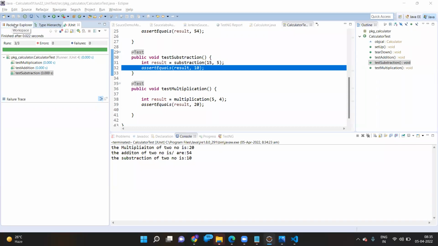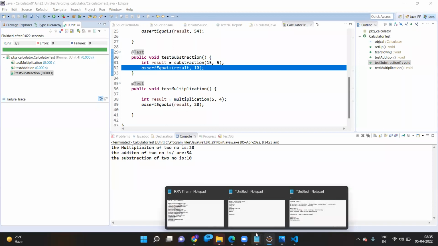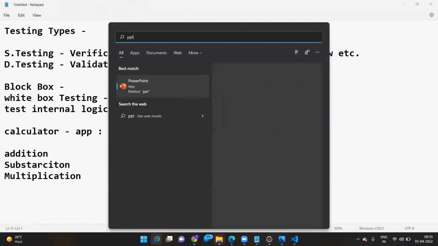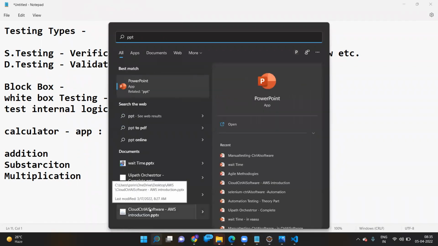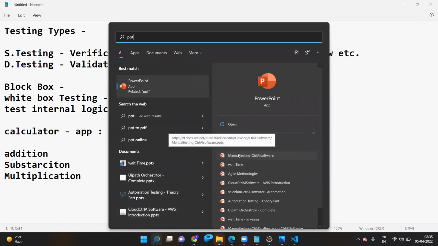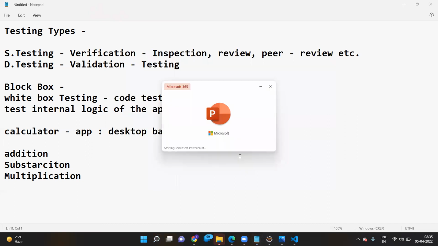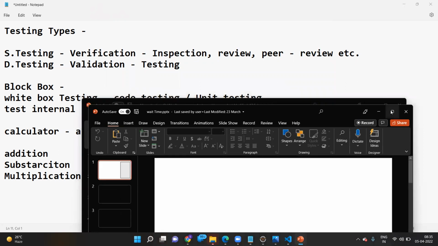Okay, but what exactly we are doing here is white box testing. Under white box testing, we check the internal logic of the code. Under internal logic of the code, what are the operations we perform? We perform them by validating the different flows of the application, by validating different functions created inside the code. Okay, just go to manual test and let me explain